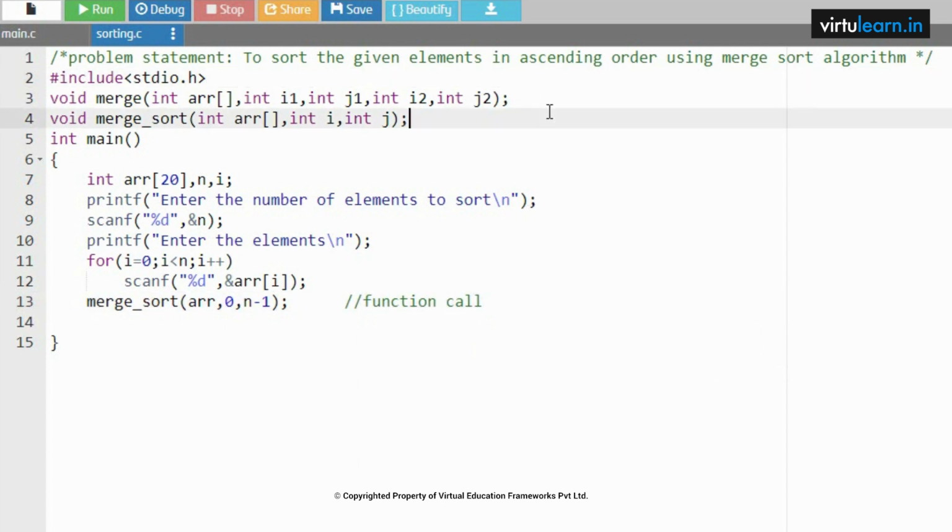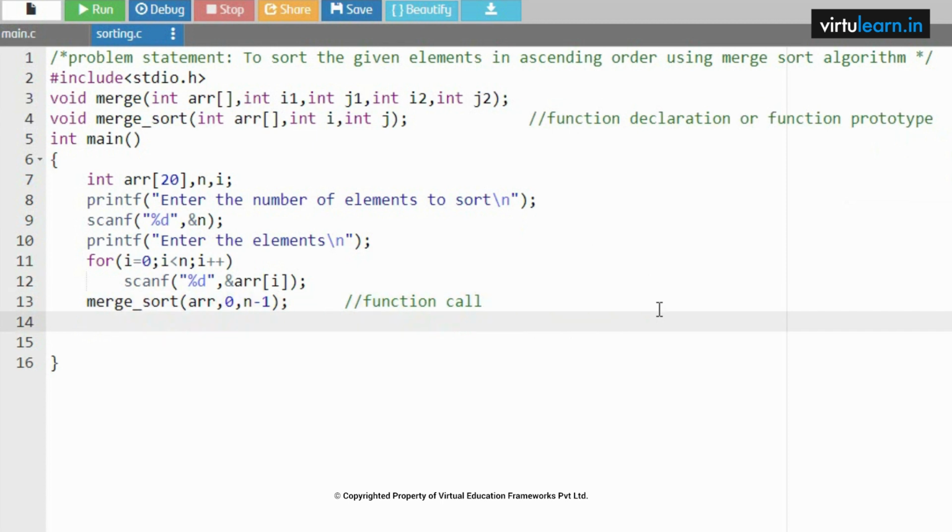So these two are function declaration or function prototype. Function declaration or function prototype. So this is function call, or we can also say it is a calling function. Next, after this, I need to print the elements what they are there as part of the array after the